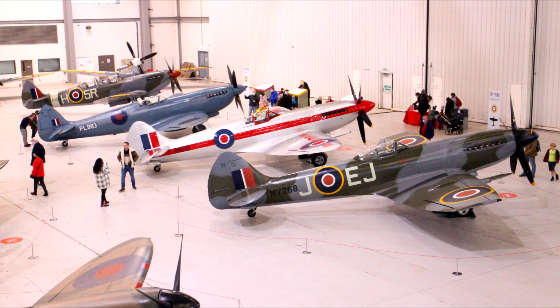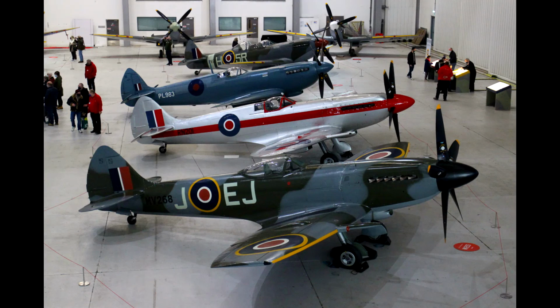The Evolution of the Spitfire exhibition at Imperial War Museum Duxford, Airspace Conservation Hall, from the 27th of December to the 20th of February 2022. A world first at Imperial War Museum Duxford, the largest collection of Spitfires under one roof at the historic airfield,